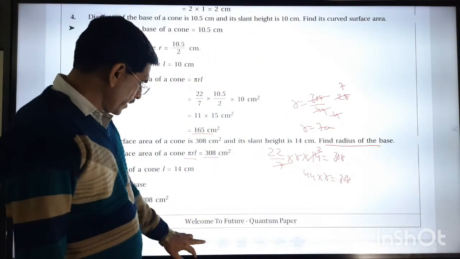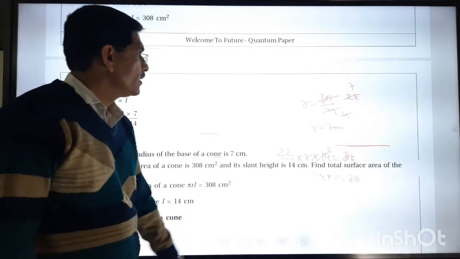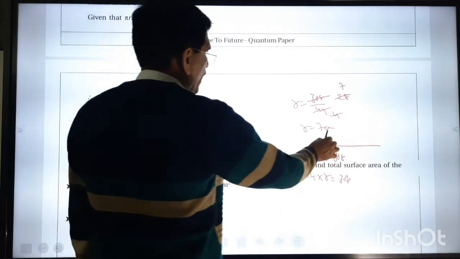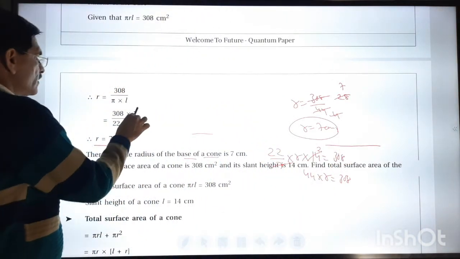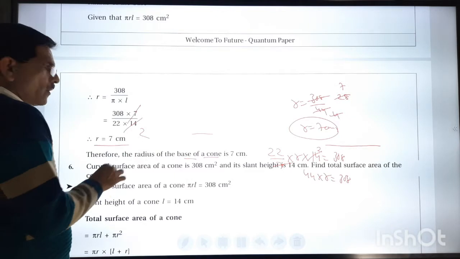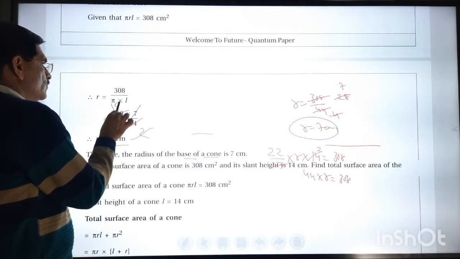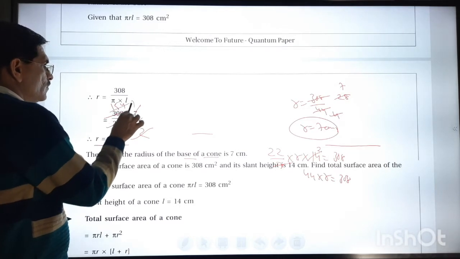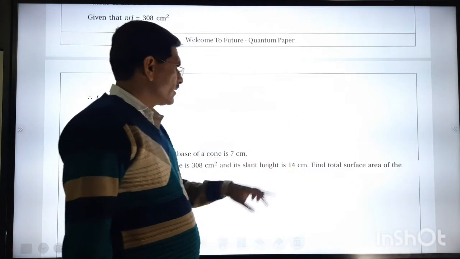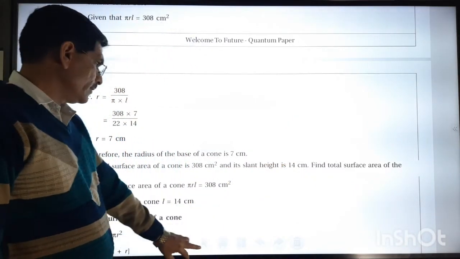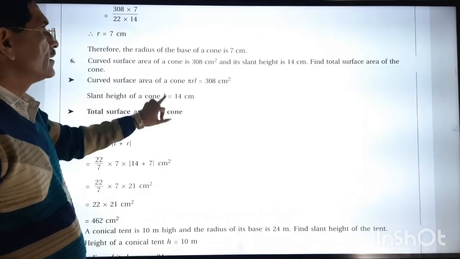If you see properly, let me see the answer, that is 7 centimeter. Already I have discussed that R is equal to 7 centimeter. So by making cancellation you can do it also. We can do it here. Again the answer is the same. So mostly it's a type of revision, so we can go deeply. Now one more sum, that is again number 6.